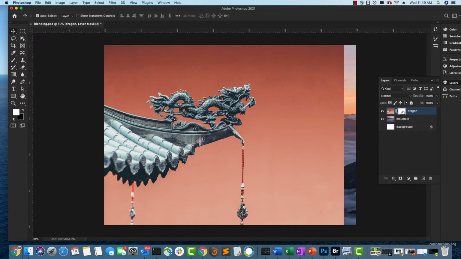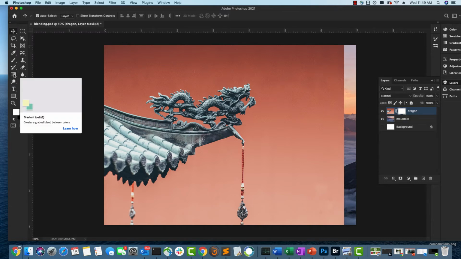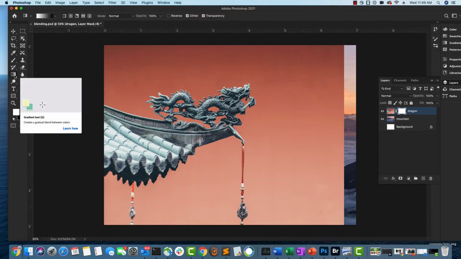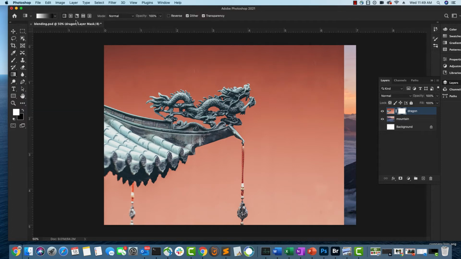With the layer mask selected, I am going to select the gradient tool. Once I select this, other sub menus appear here, and we want to paint from white to black, because we want to keep the dragon visible, but in the rest of the part, which is all orange, I want the mountain to start appearing.